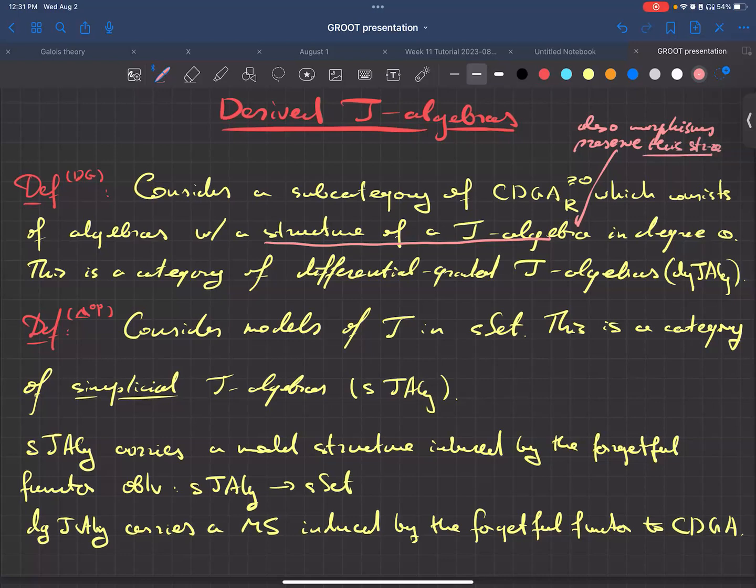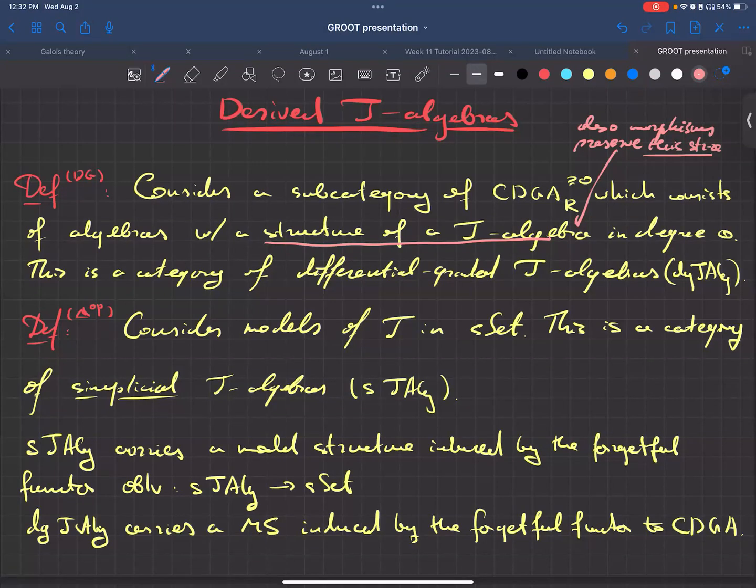So if you have a morphism of CDGAs, it must preserve this structure of T algebra in degree 0. But outside of this, we don't impose any other requirements. And in a simplicial setting, the definition is arguably even simpler. We say that the category of simplicial T algebras is just the category of product preserving functors from T to